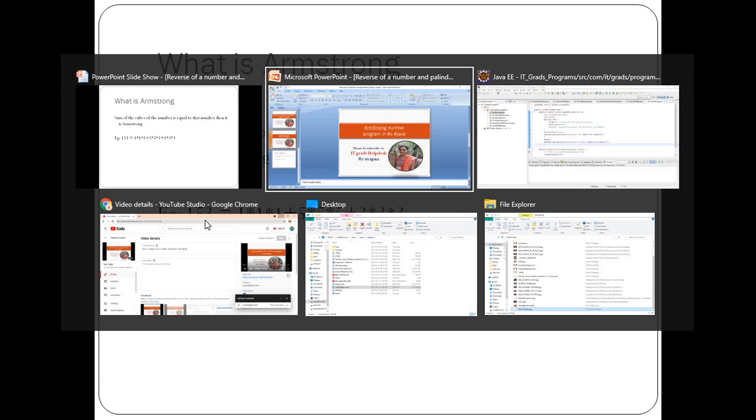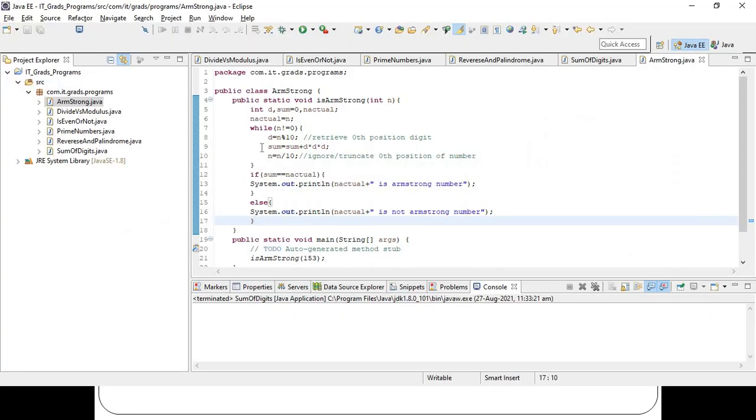So what is the logic here? Like in the earlier program, we have to retrieve each and every digit, 1, 5 and 3, and for each digit we have to perform the cube operation.